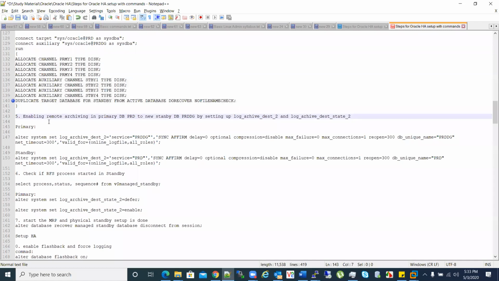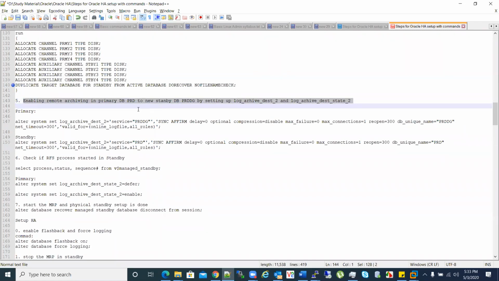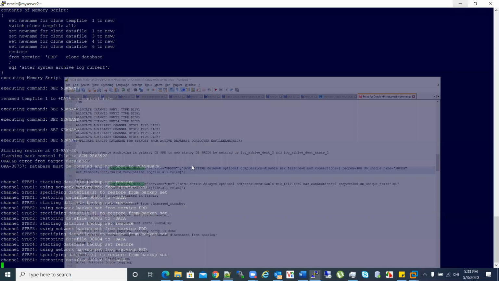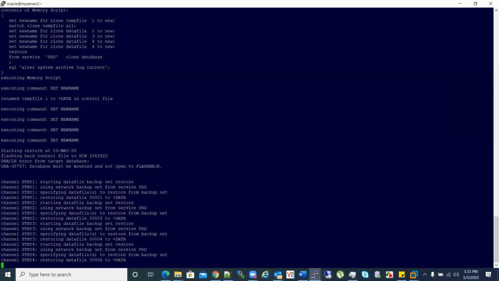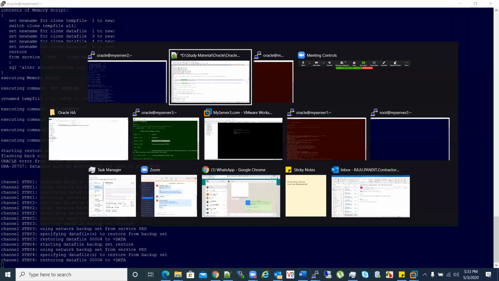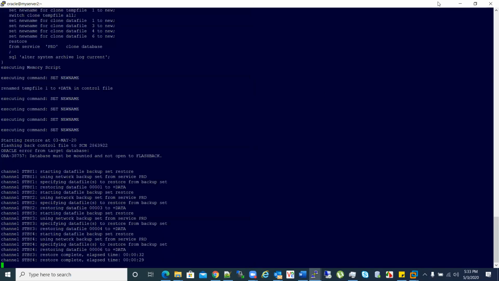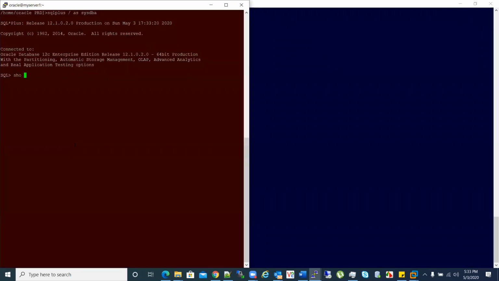Once this is done, we'll have to enable the remote archiving. So basically I'll set log_archive_dest_2. Which means whatever archive logs are created in the primary database will be created in the FRA location, and also in my server 2 FRA location.